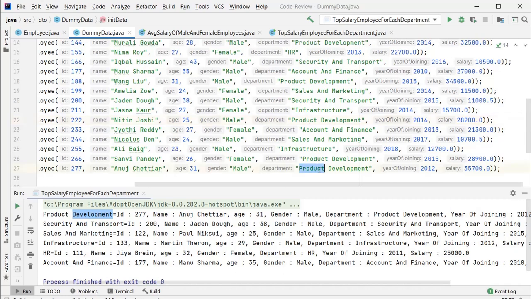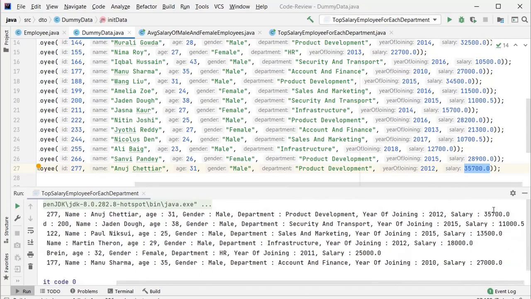So I can see the product department highest salary is 35,700. You can see 35,700.